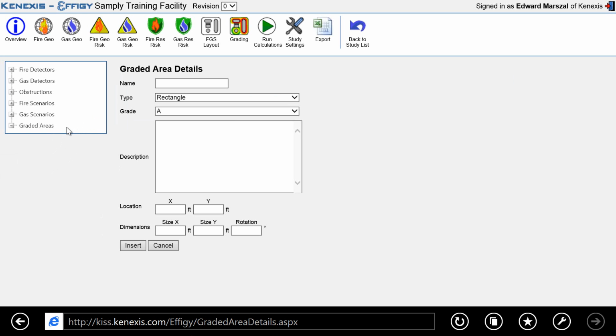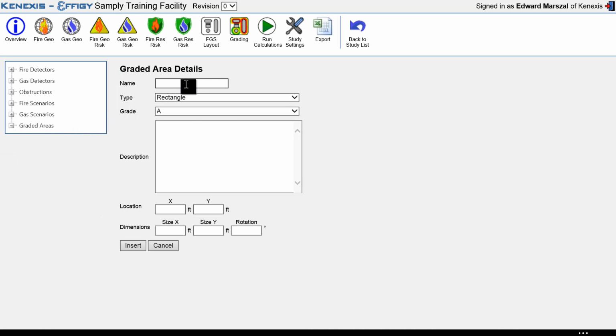In this case, I'm looking for a compressor. I'll start with the compressor, whose name is C104. The type of grading will either be a rectangle or a circle. Since the compressor is defined as a rectangular cuboid, I'll select rectangle, and I want to define what type of grade that piece of equipment is. Let's say I've gone through my risk analysis and determined that it's a grade A. I can also put a description of the compressor. It's the export compressor